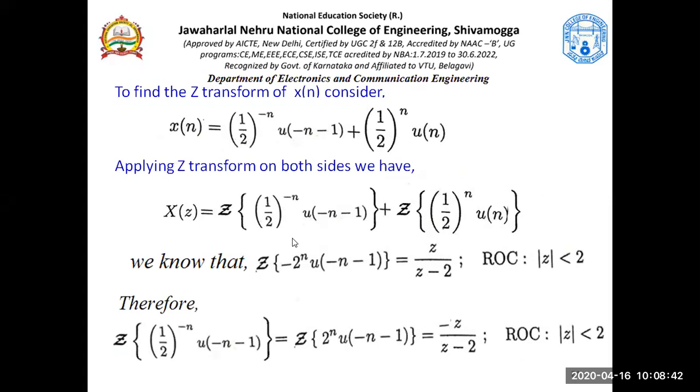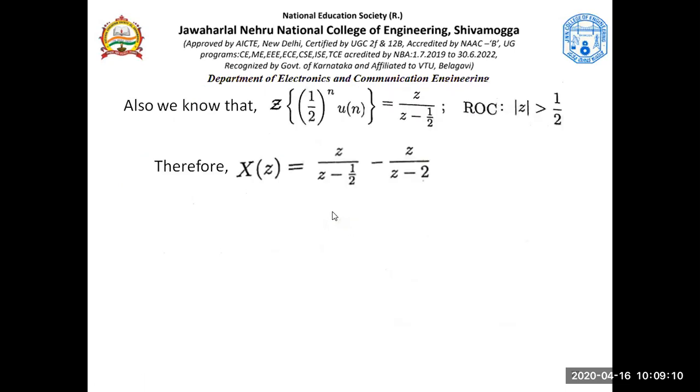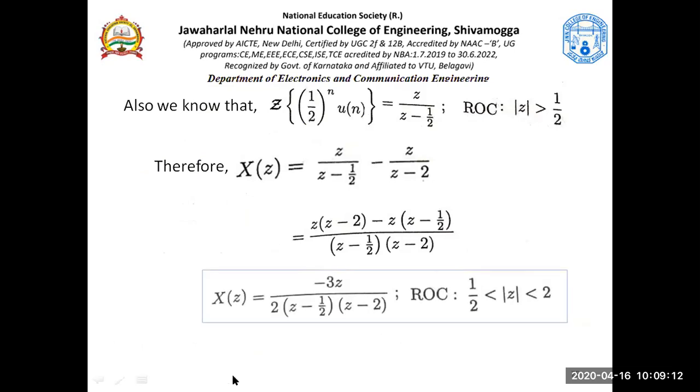By looking into the standard transforms, this is a power n u of n type. This is minus b power n u of minus n minus 1 type. So we had adjusted this to become the standard transform. We never have minus n in the power, so we tried making this as plus n by taking this 2 to the denominator, 2 to the numerator. So it becomes 2 power n. Okay, so we had made such modifications to get the standard signal, and this is what we got as the